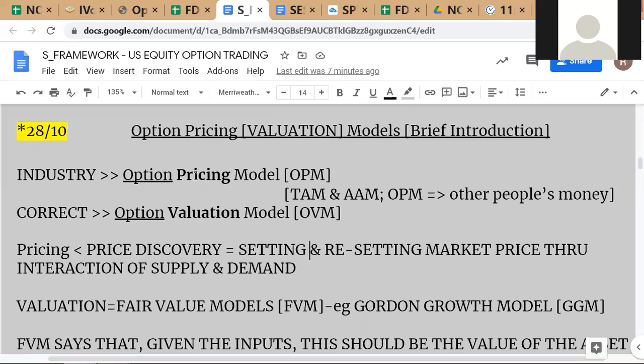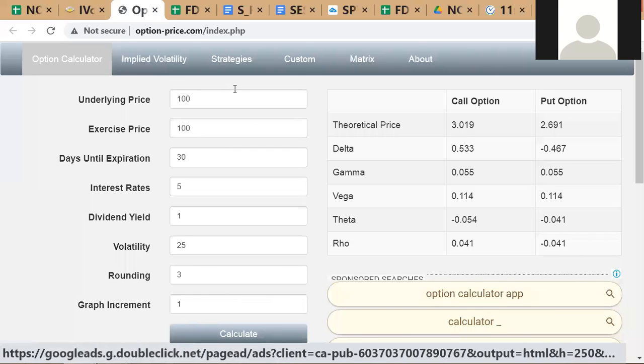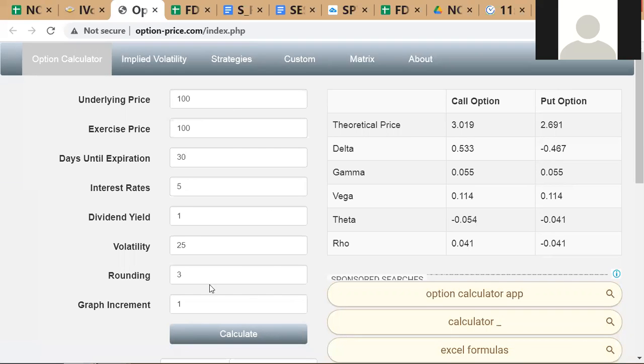All right, so you have to think at two levels. When you go into the industry, people will use this terminology, this option pricing, OPM terminology, to refer to stuff like this. Okay, and you can have more sophisticated software. Even on the IBTWS, you can get option pricing software. So you can get a little application for option pricing. There are many such applications, and all of these are going to be referred to as option pricing models. But actually what they are is option valuation models.